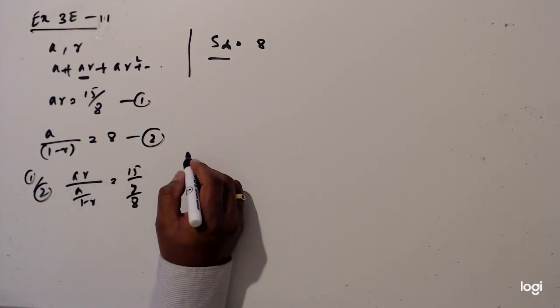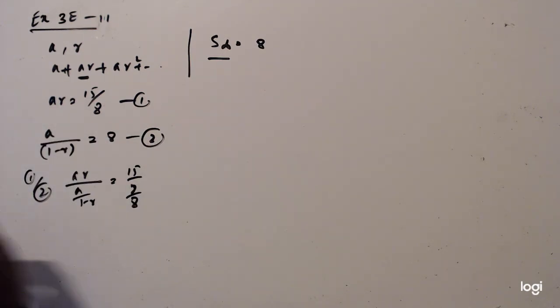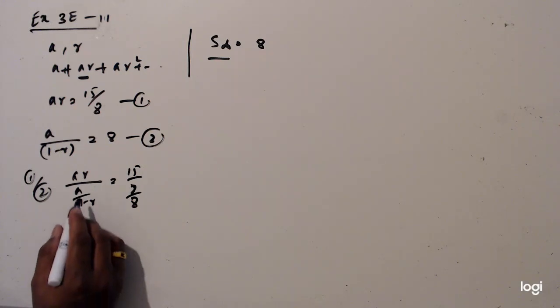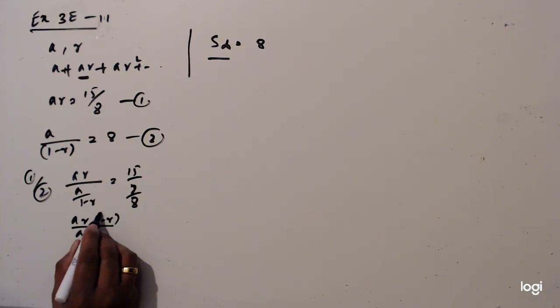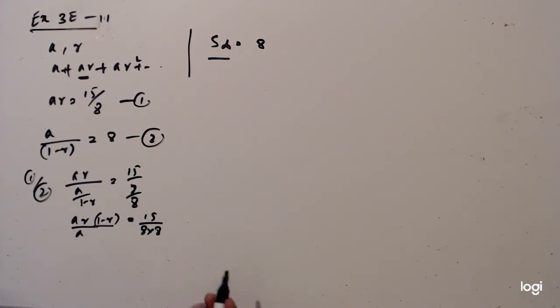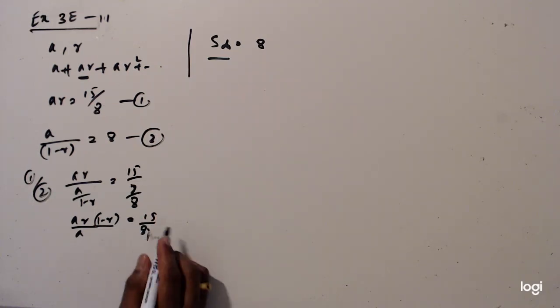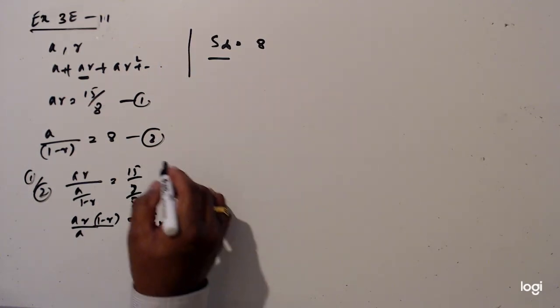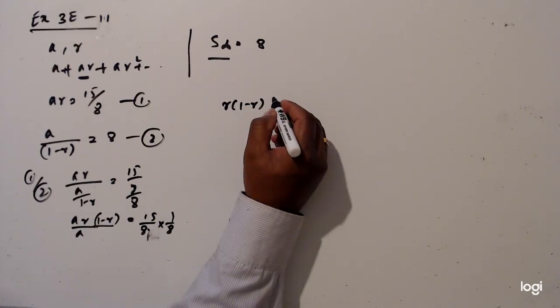So a and a cancel out, so basically a over 1 minus r equals 15 over 8 times 1 over 8. So a and a cancel out, r times 1 minus r